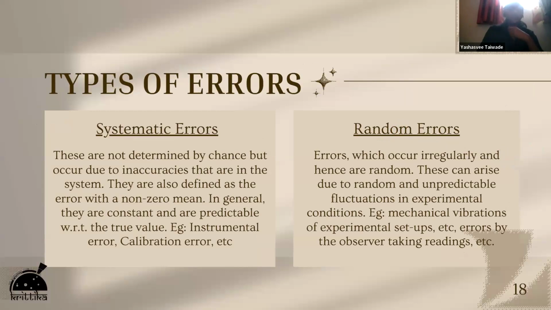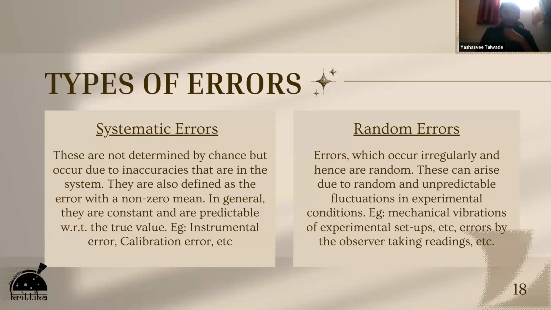So whenever we are working with data, we do encounter some sort of errors. The type of errors which we will be tackling in the next session: there are two types of errors which we will be looking at, systematic errors and random errors. These errors, in general, are very important. I believe you might have learned it by now, but it also has a practical application, because we want to minimize these errors as much as we can. So here we will be discussing two types of errors: systematic error and random error.